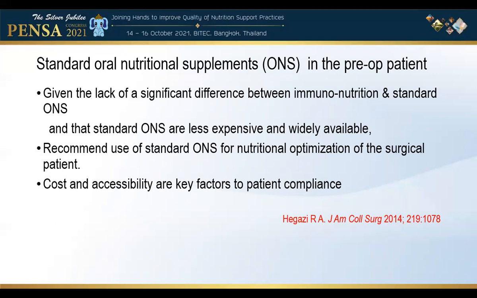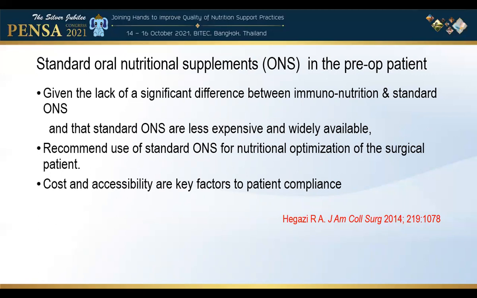And this meta-analysis by Hegazi and colleagues clearly states that because the cost is less and the accessibility is better, in the preoperative preparation of patients, routine use of standard oral nutrition supplements is as good as